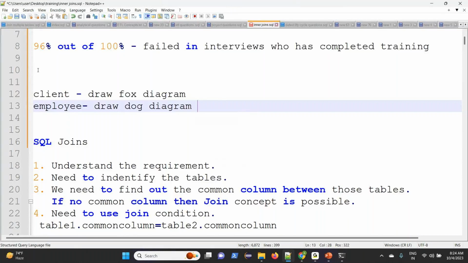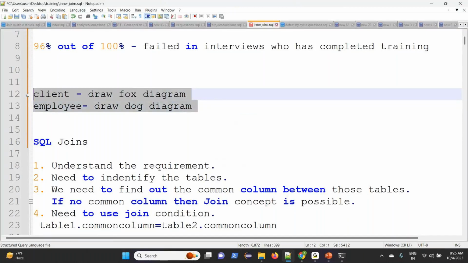So tell me between this, what are you going to think? What is lacking here, all of you? This is only one example, enough to show whether you are on the right track or not. So what is the component here between the employee and client? Understanding the requirement. Do you agree or disagree about this point, all of you?